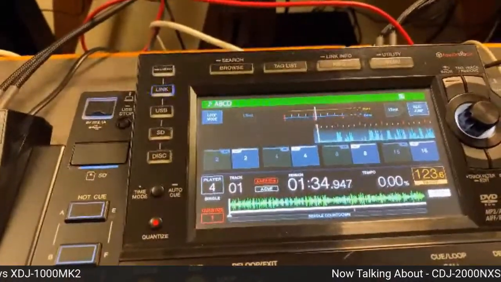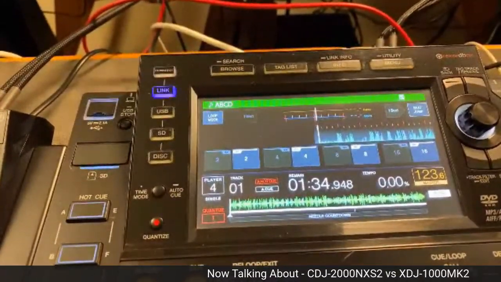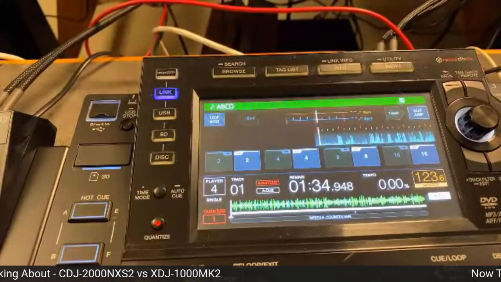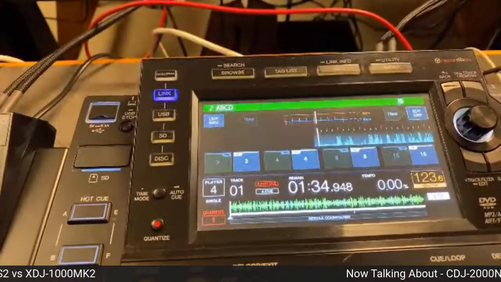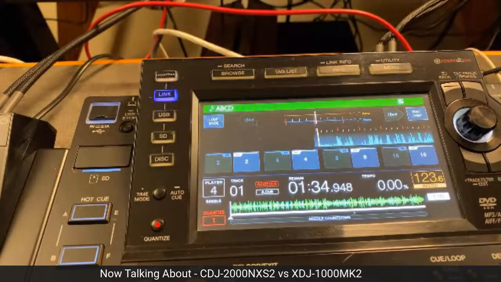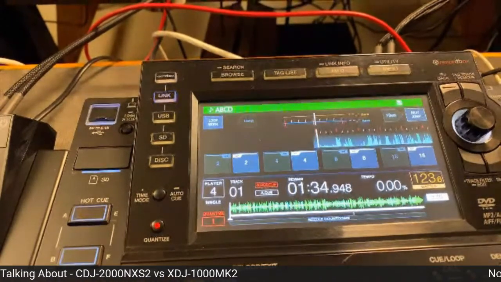Vicky has rightly pointed out that renting it out is a hassle, as everyone blindly asks for a Nexus without even seeing the features of the XDJ 1000 Mark II. That's very true. But the problem is that a lot of the times the artists don't really know the functionality of the XDJ 1000 Mark II.